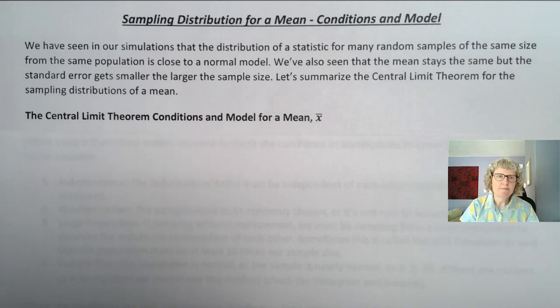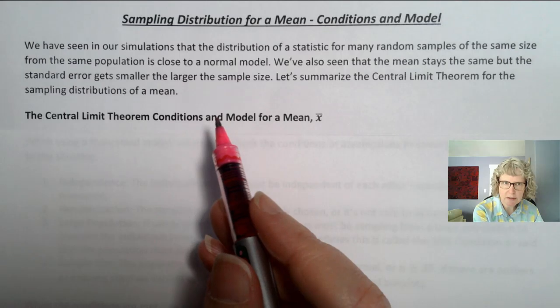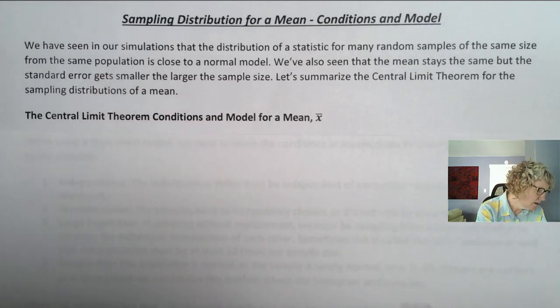This theoretical model. So in order to do this, we pretend to know what a population is, right? We pretend to know the population mean and standard deviation, and then we take repeated samples of a mean for many, many random samples of the same size, and we see what happens, right? So we've reviewed this for proportions, but let's go ahead and do it for means. And we've seen this in our simulations too.